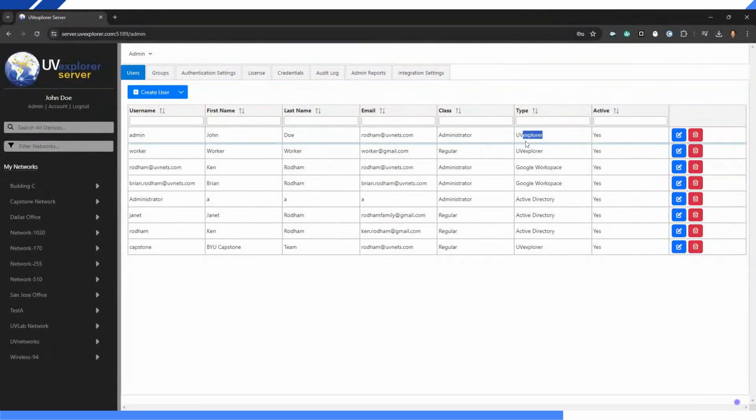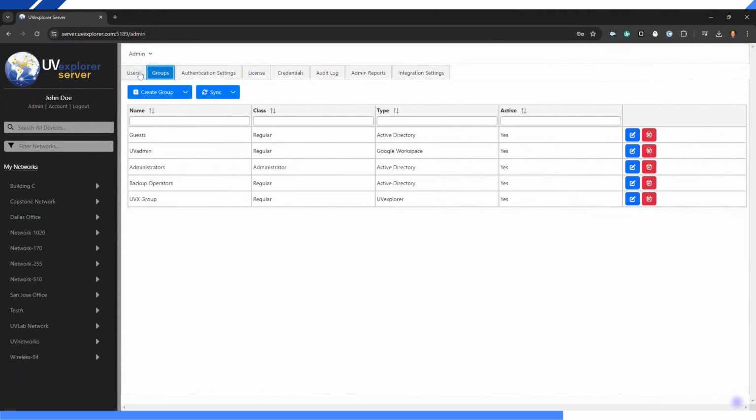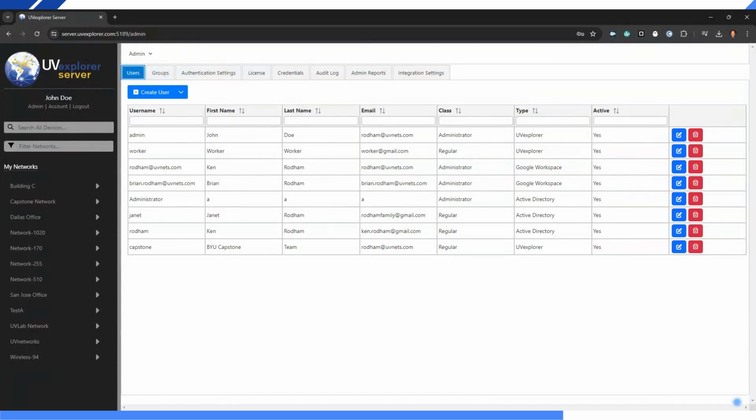UVexplorer Server also provides user permissions through the R-BAC, role-based access control. You can create groups and roles, assign permissions, and add users via Active Directory, Azure Active Directory, Google Workspace, and